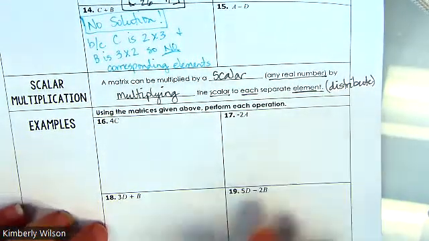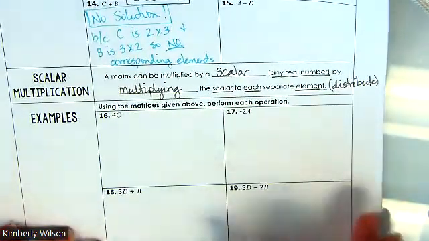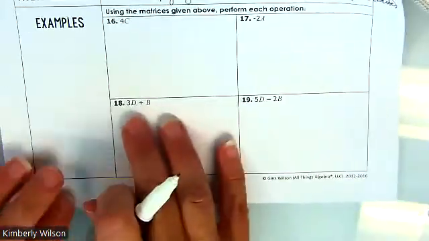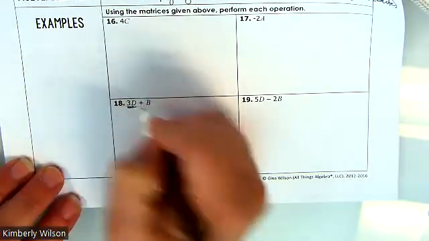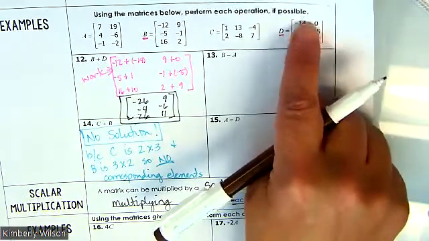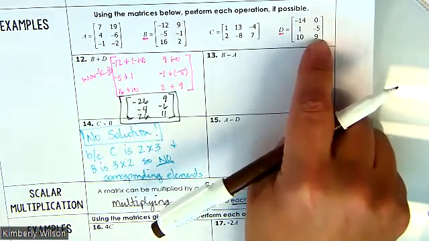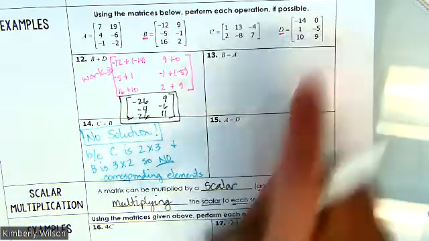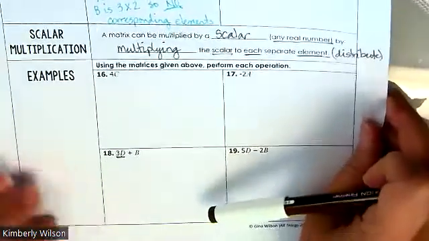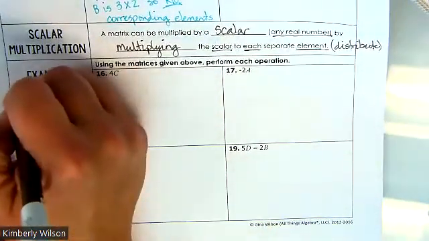All right, so if I'm looking at number 18, we're going to kind of multitask here. My first step is the scalar part. Okay, we're still using these matrices up here to think about. So I'm doing 3D. So that means I'm multiplying every element of D times 3. Okay, you'll be able to see everything. So we're just going to have to go with it. Okay, so I'm doing 3